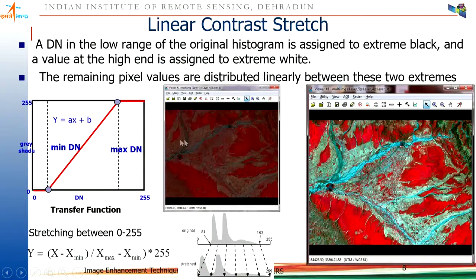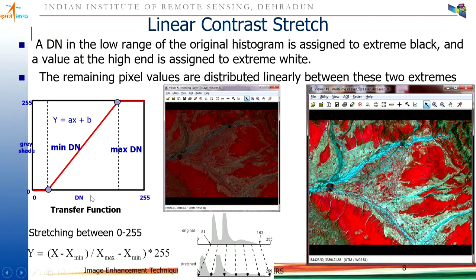In the linear contrast method we have seen, the lowest DN value is put to the 0 of the monitor. The highest DN value is put to the maximum of the monitor, which is 255, and all the values in between are simply linearly stretched between these two extremes.